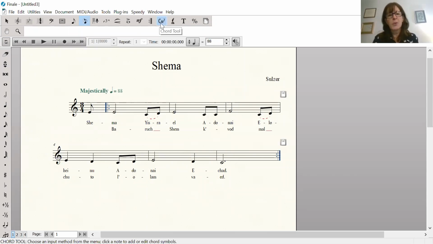Finale, by the way, was written for long-haired composers, so the chord functions are really a little difficult. I don't love them. But let's do it anyway because this is what I use. It may be what some of you use. I suspect that some of the more modern software packages that were really created for singer-songwriters have much easier chord functions. All right, so what I do is I click my chord tool and I go to wherever I want